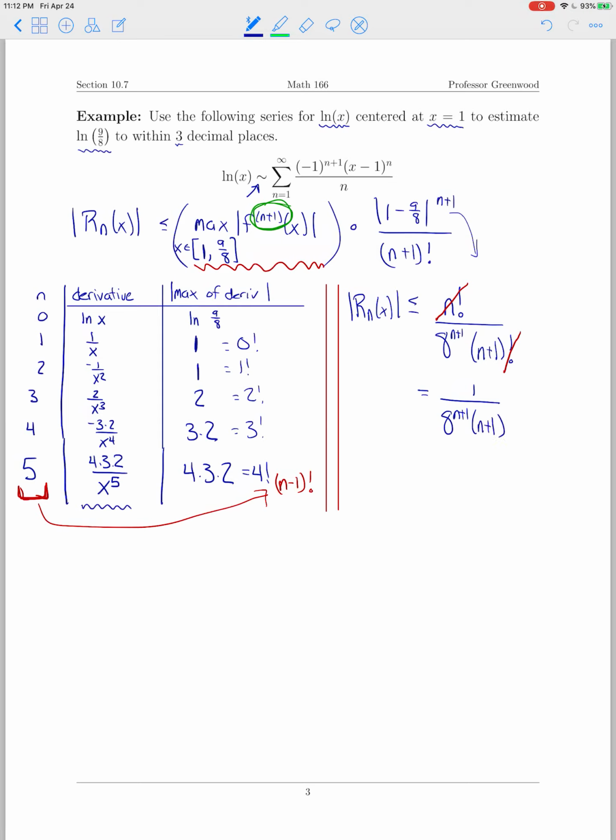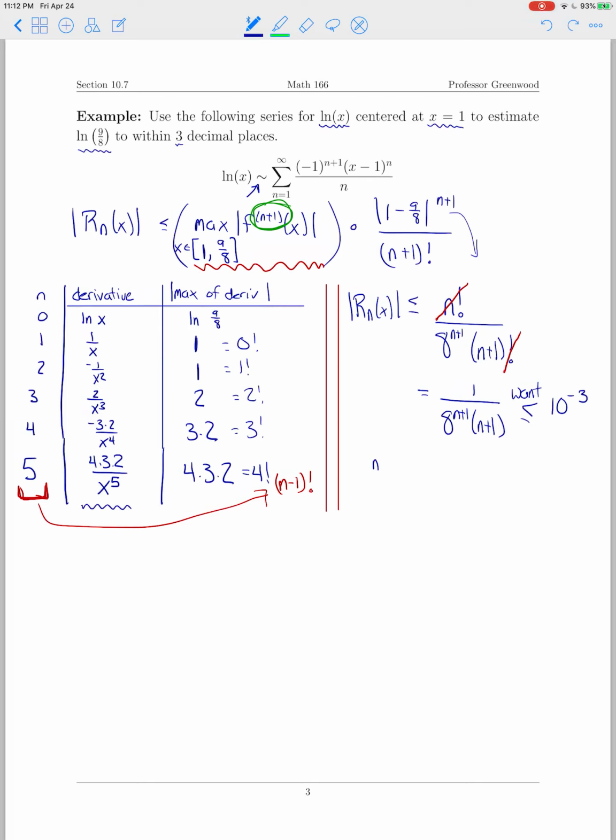n plus 1. And now I know that I wanted to approximate the natural log of 9/8 to within 3 decimal places. And so that's the same as saying that I want this to be less than or equal to 10 to the minus third. And so this is the same scenario as the previous problem that we just looked at, where there's not a great way to solve for n in this inequality. And so the best option here, unfortunately, is to just plug in a few values here. And so I'll do that here,